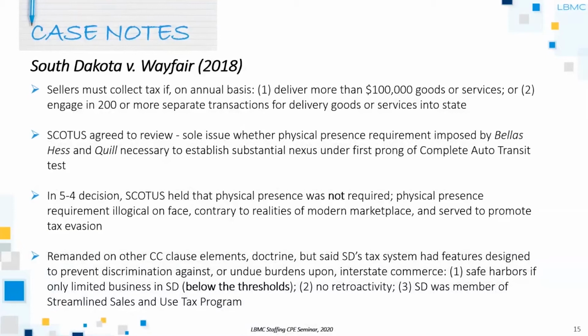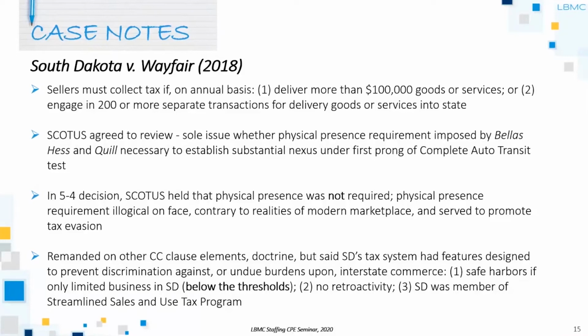And it's kind of interesting. It was a 5-4 decision to get rid of Quill and physical presence. And it's interesting, had you just had one justice go the other way and hold the line, here today in 2020, we'd be talking about physical presence and how the states are trying to get around that. But that didn't happen. Quill is gone as of that day, and chaos has been unleashed.